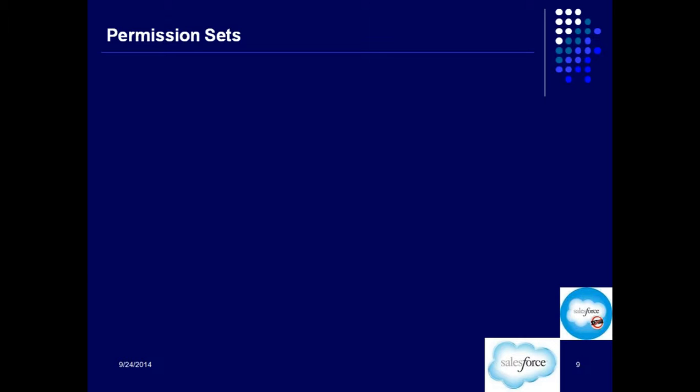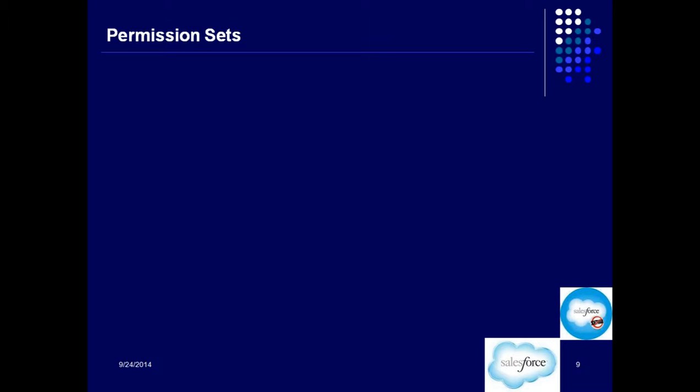But if they create a separate profile for me, that also will not be a very good option. Why? Because this way you might end up having a lot of profiles. For every small requirement like this, you cannot just go ahead and add a profile, right? So at the end of the day, you might be dealing with so many profiles. So you cannot do that. For that reason, what the administrator can do is create a permission set. So permission set is like an add-on.